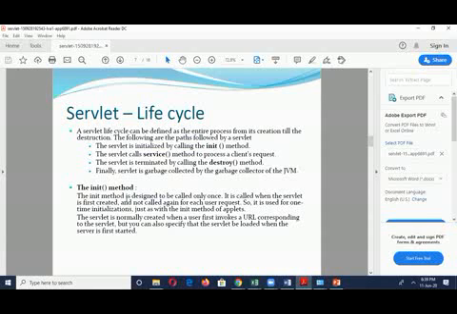To call a particular function in a servlet, you have to use the init method. The second one is the service method. The service method is used from the web browser to a particular HTTP servlet, where you pass your client's request, and that request will be handled by the service method. Finally, the servlet will terminate by calling the destroy method. Whatever servlet is destroyed will be reclaimed by the garbage collector of the Java virtual machine.